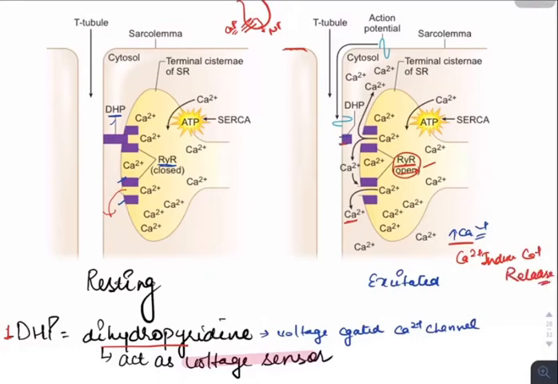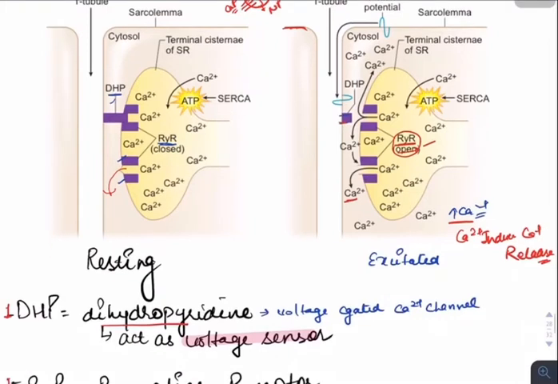This is important, guys. The increase in calcium in the cytosol leads to initiation of contraction. Calcium binds to troponin C, which in turn initiates the cross bridge cycle, creating active tension and contraction. After that, there is a decrease in neurotransmitter and repolarization starts.